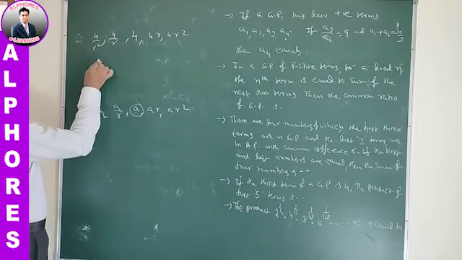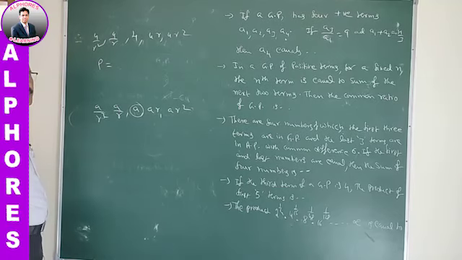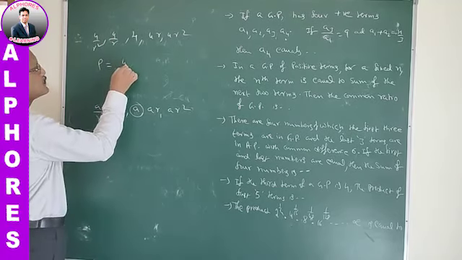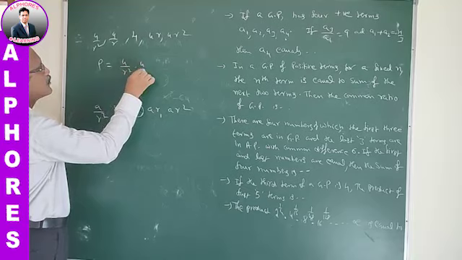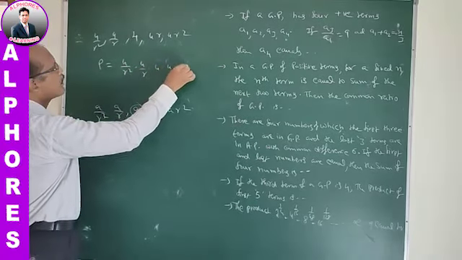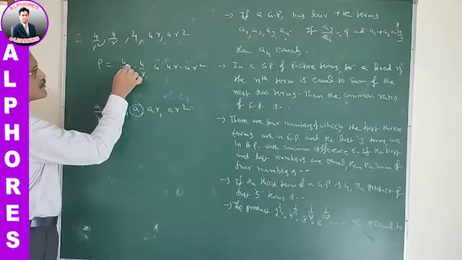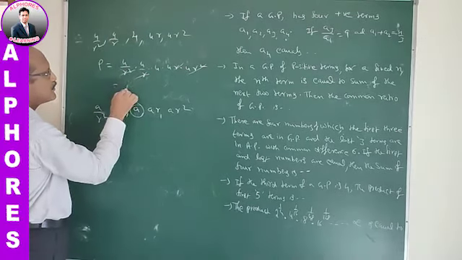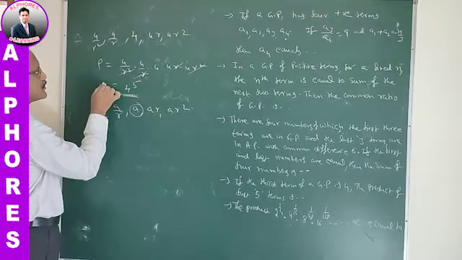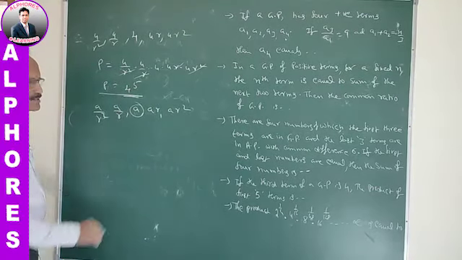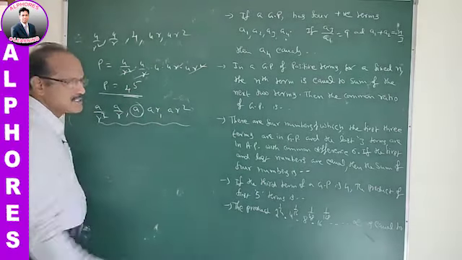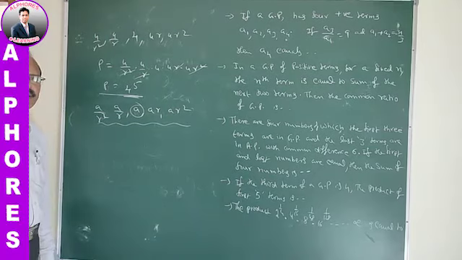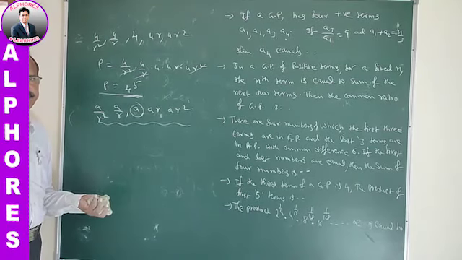Right. Now the product of these terms is required. That is 4 by r square into 4 by r into 4 into 4r into 4r square. That is, r square gets cancelled, r gets cancelled. The product is given by 4 power 5. This is the product. So in this way we can choose the terms of a GP when the product is given or the product is required.